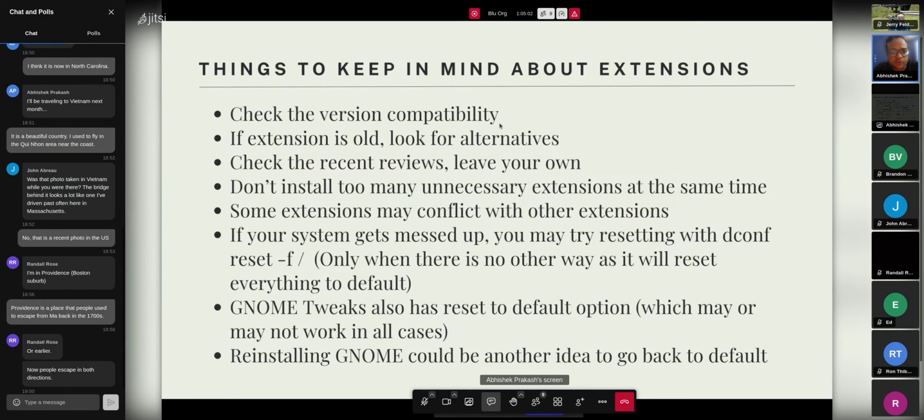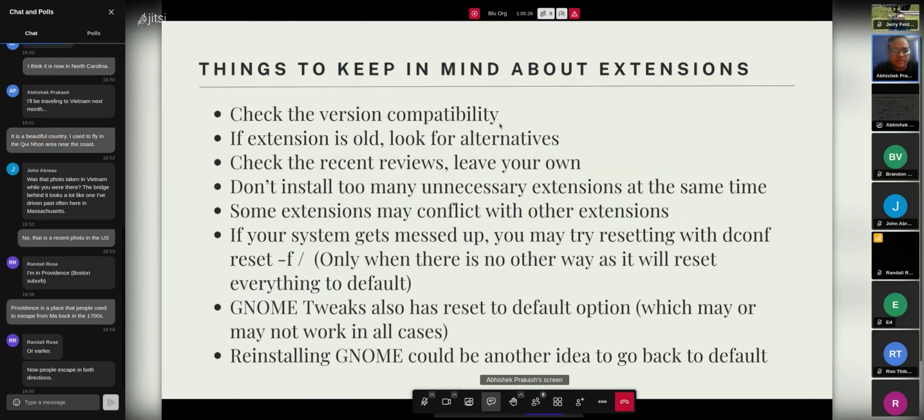You are sharing your experience and views, which actually helps others to have a better experience reading your experience and your uses. So it actually helps improve the usability of the extension and this ecosystem if you leave your own